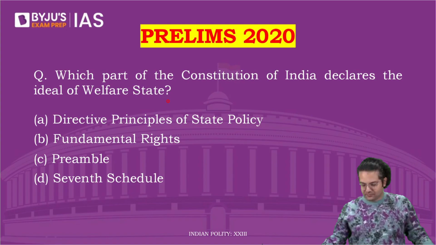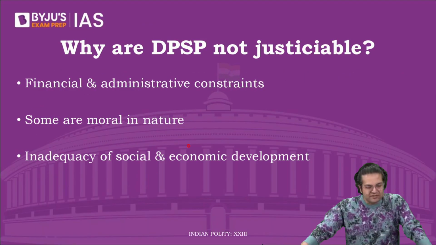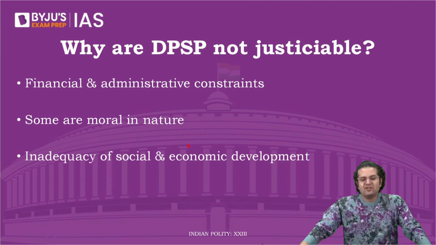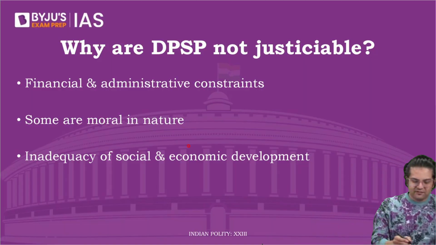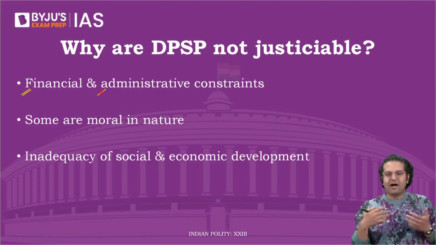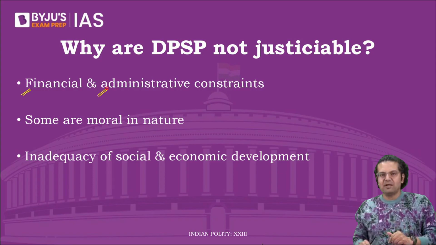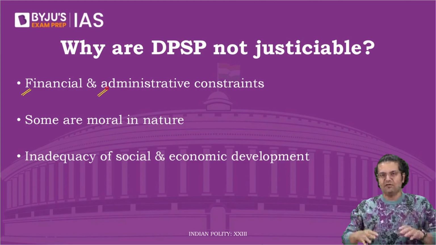Okay, great. Know this. Now, why are DPSPs not justiciable? Because of financial and administrative constraints. Improving the public health. Nobody should work for money. So, if you are saying nobody should work for money, then will the state provide food for everyone? It cannot. So, there are a lot of financial constraints and administrative challenges on how to make it justiciable. If you make it justiciable, people will go to court and start claiming it. Then the government will be forced into doing it. As of now, it's their choice.